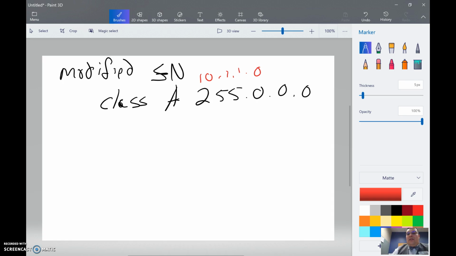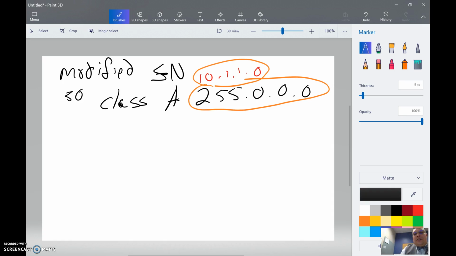So we start there, but once we have the IP address and the default subnet mask, we start to change that. I think that one needed like 50 users. So in order to get down to 50 users, we had to